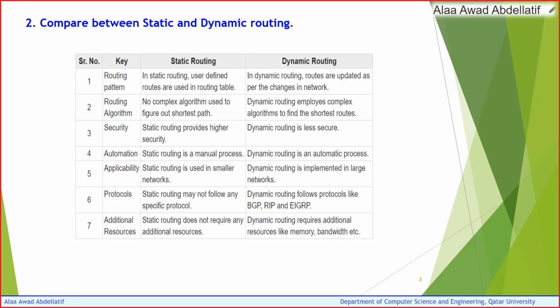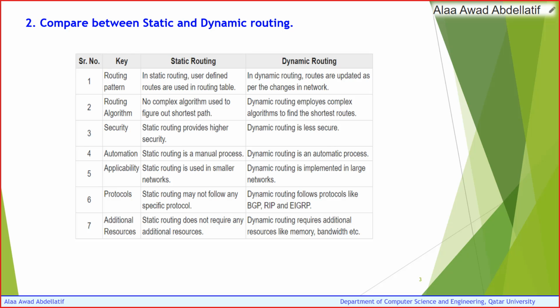Static routing doesn't require any additional resources because everything is manual, so we don't need CPU or memory to make calculations and to determine the best path. Everything's manual, so we don't require any additional resources, while dynamic routing requires additional resources like memory and bandwidth and